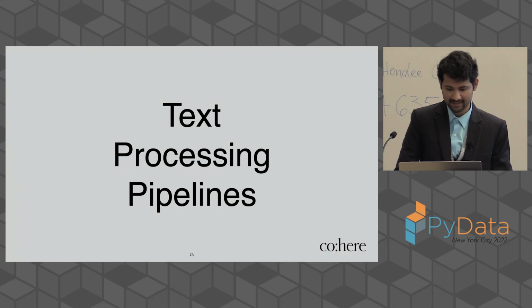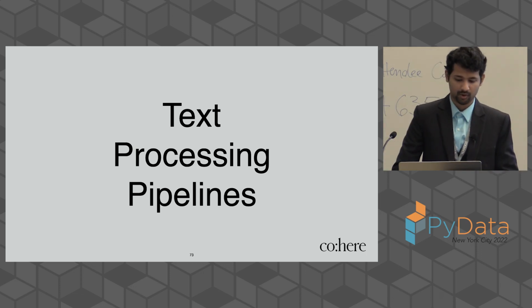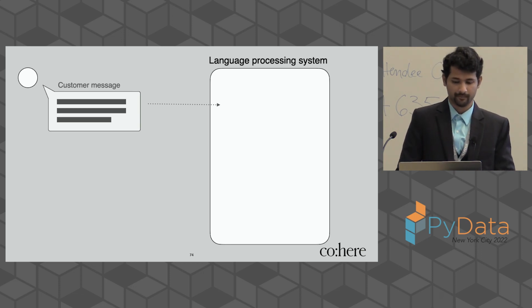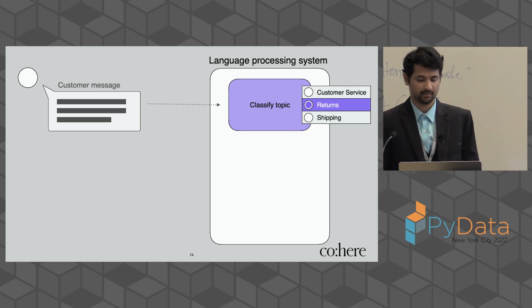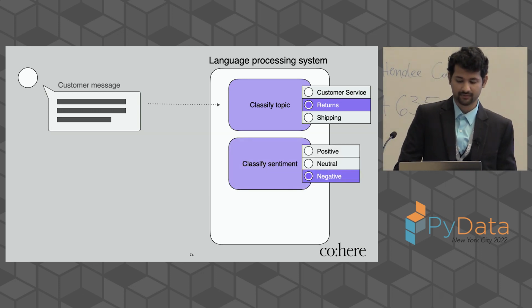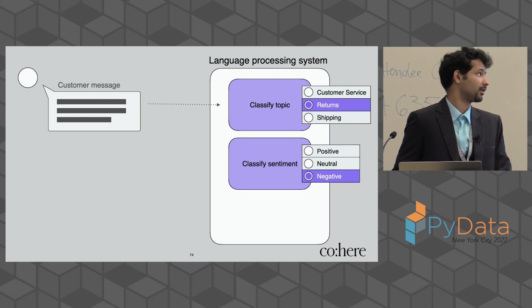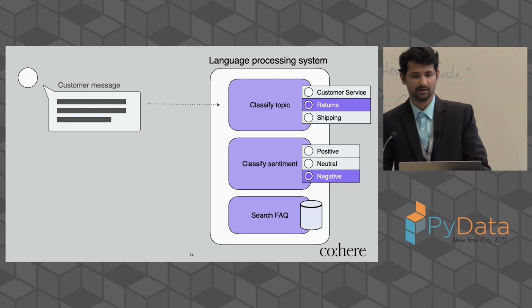Let's talk about text processing pipelines. We talked about how the model can do semantic search and answer questions, but what we haven't talked about is how this entire process would work in a specific industry case, right? So the customer, say for example, sends a message, and I've talked about this a couple of times. You're able to classify it as a return or not, and then after that you'll be able to classify, okay, was the person returning the product happy with the product or not? And then you search for the FAQ and try to find out if the problem he's